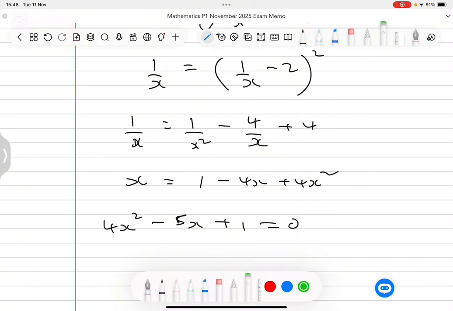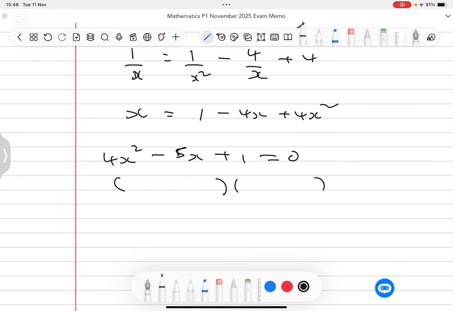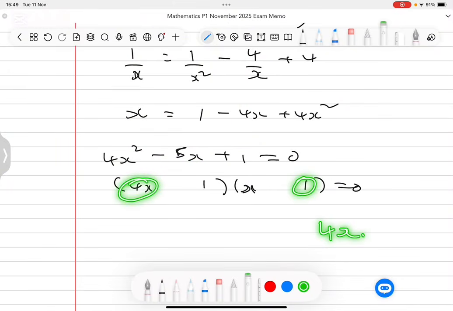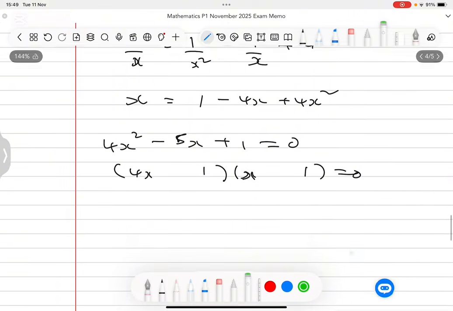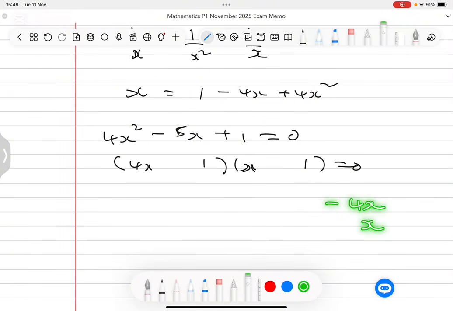Now when we are here, I think we can pretty much quickly factorize this into 4x and an x there. And I think my factors here are easy to determine. It's a 1, so I'm going to have a 1 and a 1. The tricky thing will be to determine whether they're positive or negative by looking at this guy here. I can see that if I say this times this, I'm going to get a 4x. Then if I say this times that, I'm going to get an x. But I need to combine these two so that I get a negative 5. So if I have a negative 4x and negative x, they're going to give me a negative 5x, which is this. So it means both of them should be negative there. And this would then mean that x is equals to 1 over 4, or x is equals to